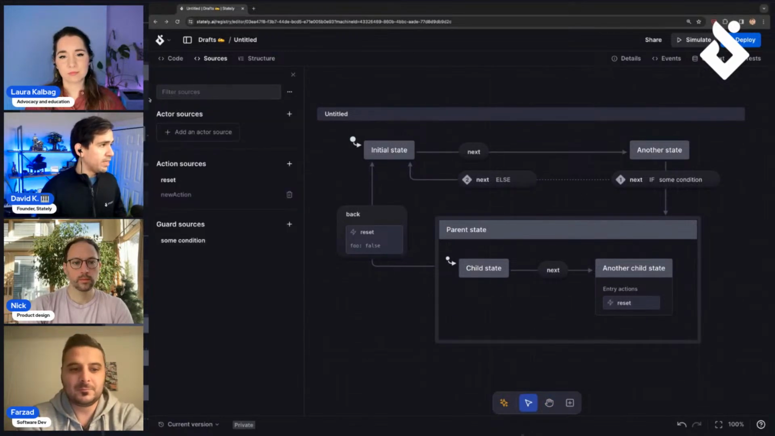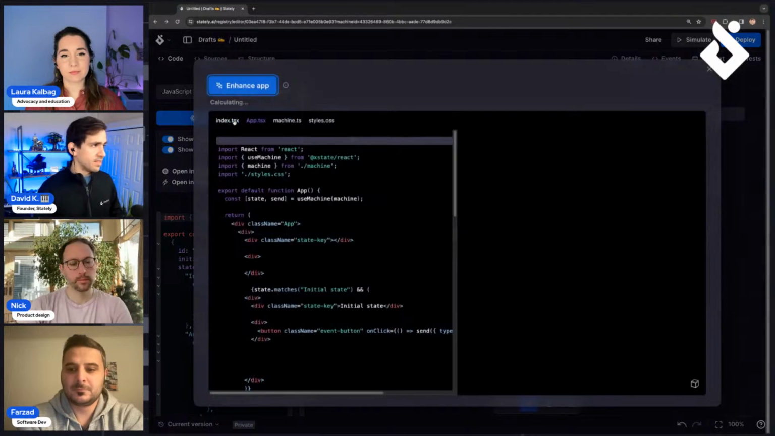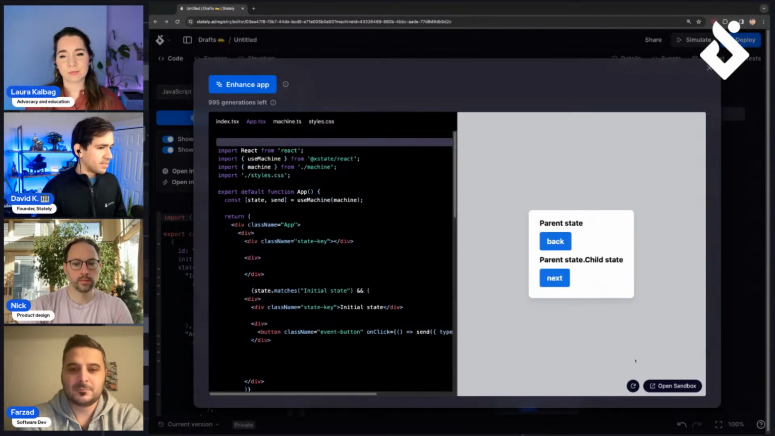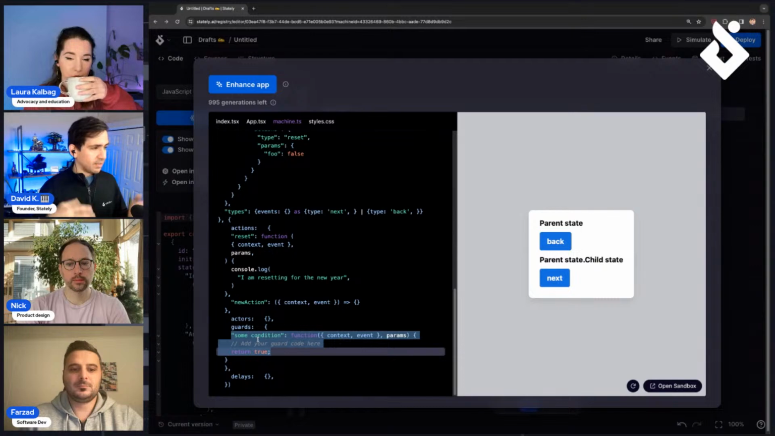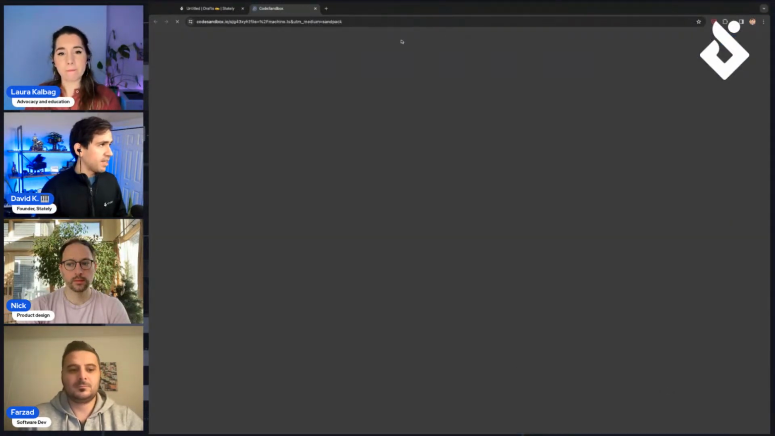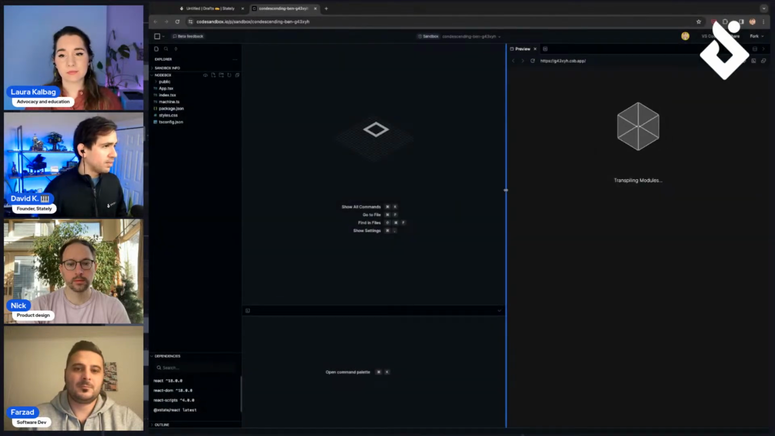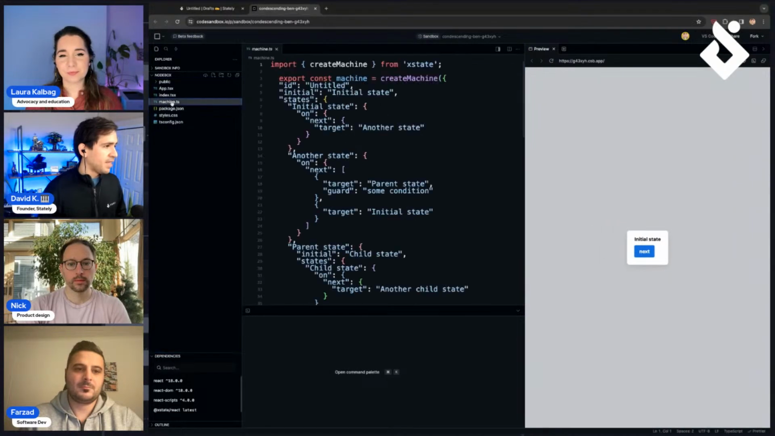But all right, so we have our code. Let's actually see this in a generated React app. This does not use AI. You can just click Generate React App, and it instantly creates a scaffolding for a React app with these simple states over here. Now, this is actually going to include those specified sources such as guards and actions and things like that. And now I'm going to open this CodeSandbox because I want to show you one more thing for this little demo over here. And that's that